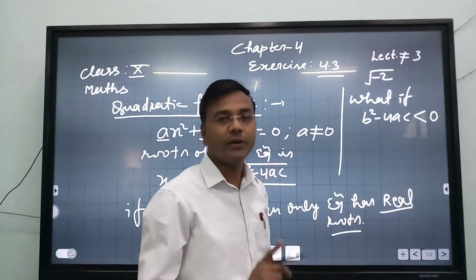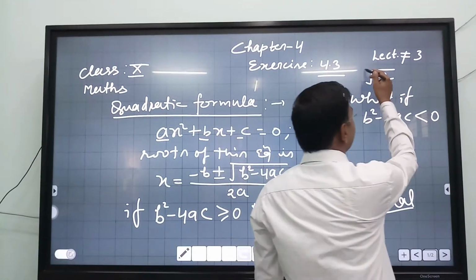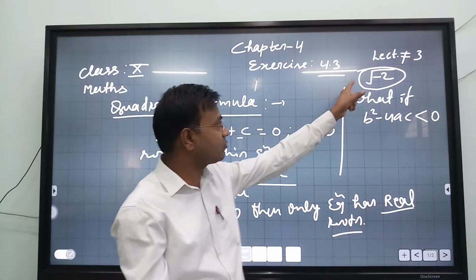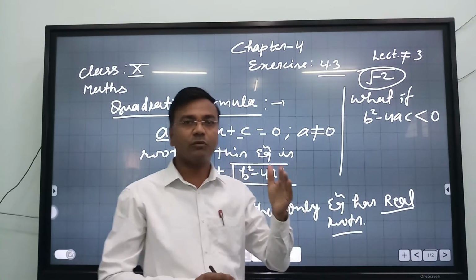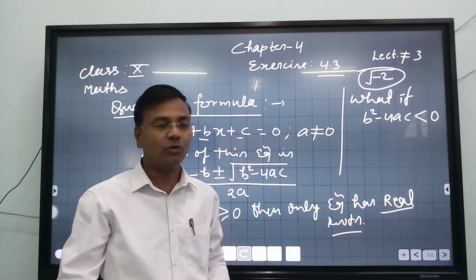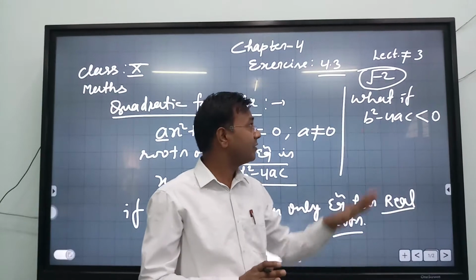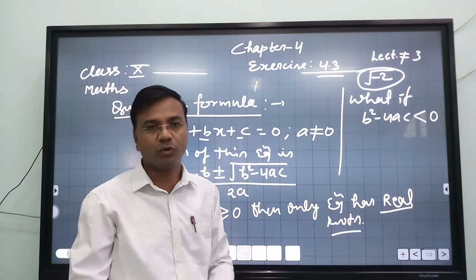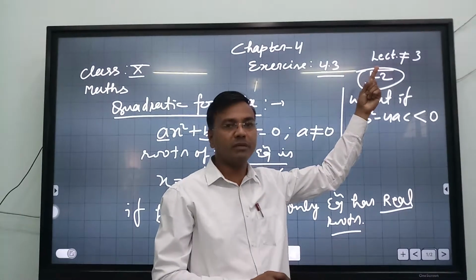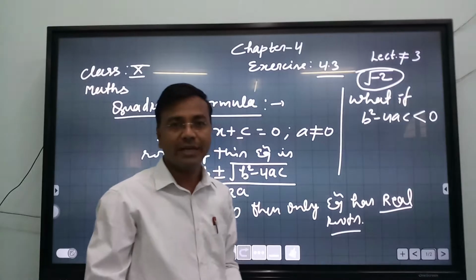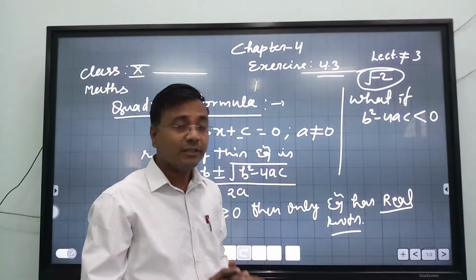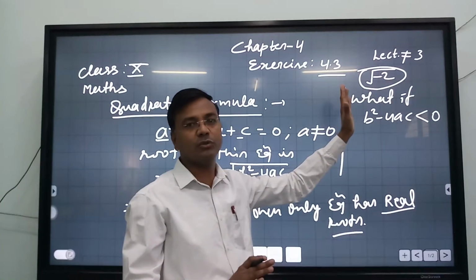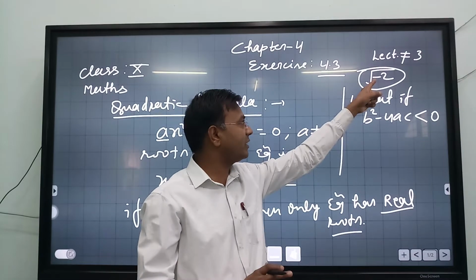Under root minus 2 is not a real number, and hence we cannot find the value of under root minus 2, because all these square roots which we have studied since nursery onwards, you can say, or class 6 onwards till class 10th, we have never ever studied such values, which is coming under root minus something. Okay, so the study of this special number, that is the imaginary number, what we call, has to be studied in class 11. Okay, so the under root exists only if the value is greater than or equals to 0, either 0 or greater. And what if less than 0?